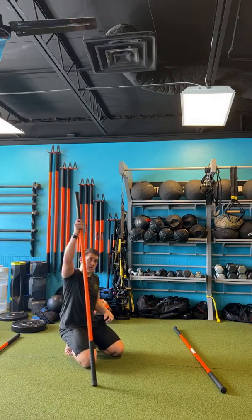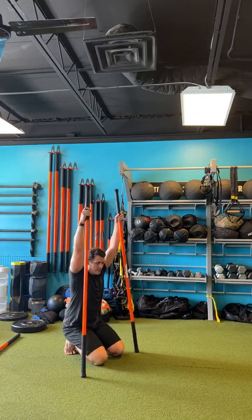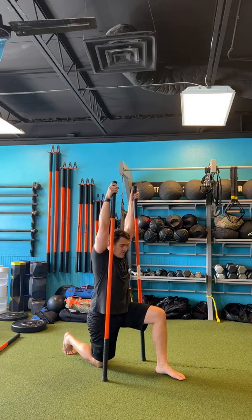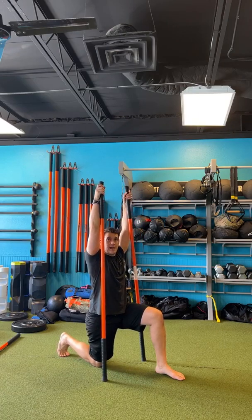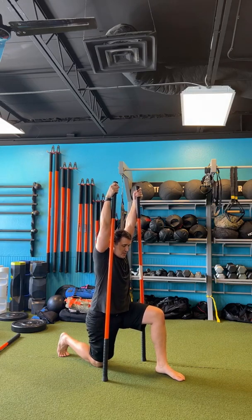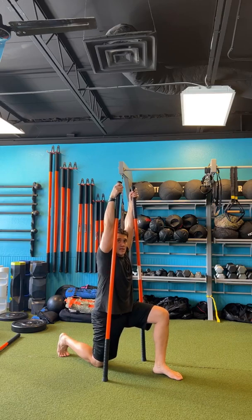Let's go back to our longs. 1 more round. Half kneeling liftoffs, quadruped liftoffs. If you feel like working the lower body too here, optional progression, bring the back knee off the ground. Remember, you have to have long enough sticks to do that, but when you reach up, you're still in this nice long monkey hang position. So, left arm pushes down, tallest posture, tight glutes, half kneeling position. Right arm, ready,